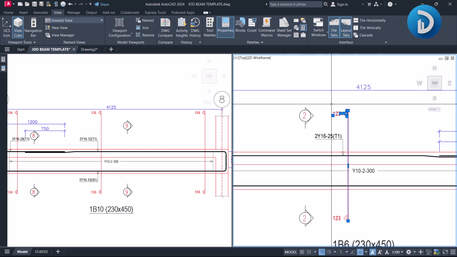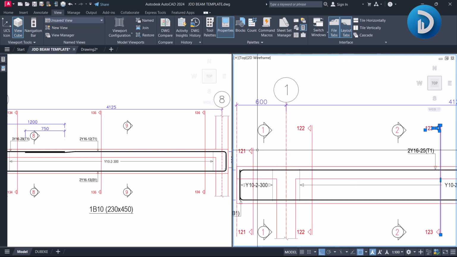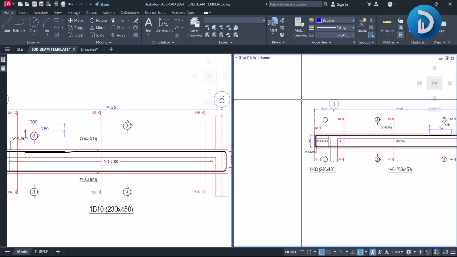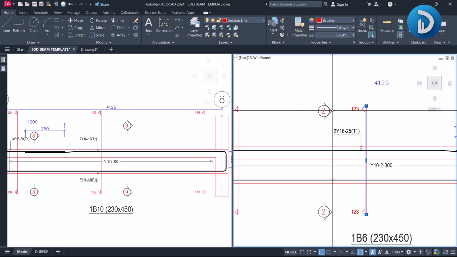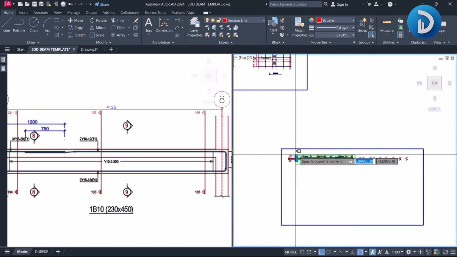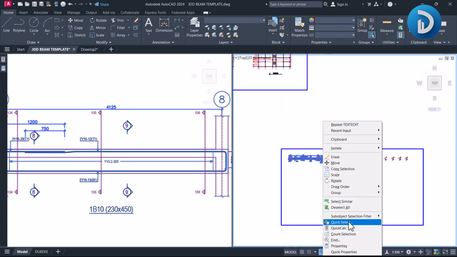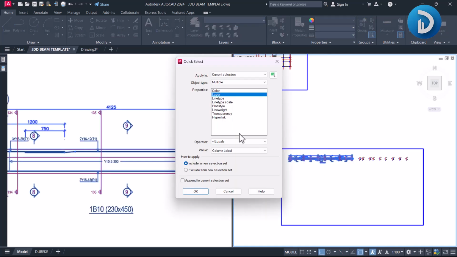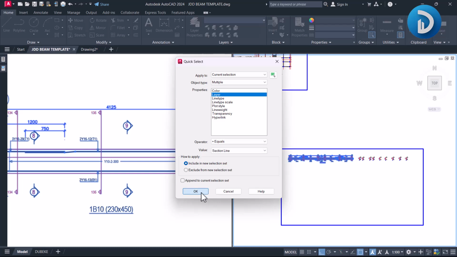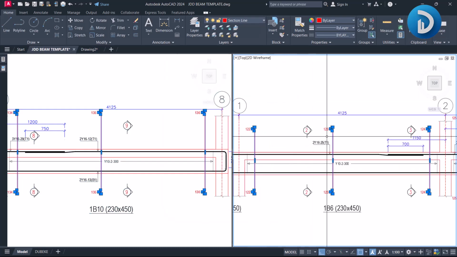Let's erase every one of these section lines so our drawings become neater. Okay, so if I select this, I have section line. Let me use the quick select. Come to quick select and select our section line. Okay, so all our section lines have been selected,